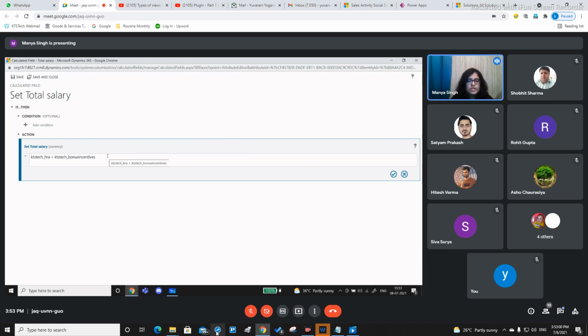Okay, so here we have two options. Either I can add field A, field B, create a bracket and multiply it by field C, right here in the same calculation. Okay, or what I can do is I can create a calculated field which is going to be named as salary calculation A, which is going to be hidden from the form of the record, and I'll create another calculated field which will take